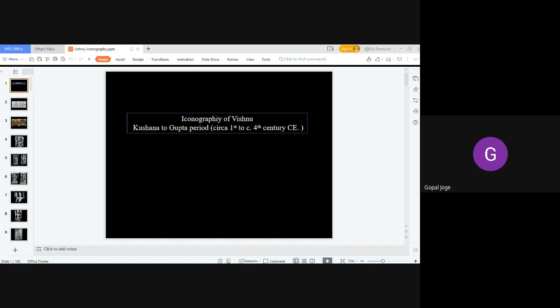Now, as we know, Vasudeva and Sankarshan belong to the Vrishni clan, and this Vrishni clan was a part of the confederacy of Shurasen, who was controlling the region of Mathura,